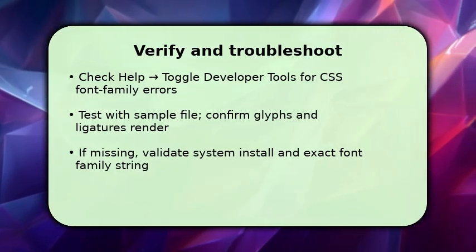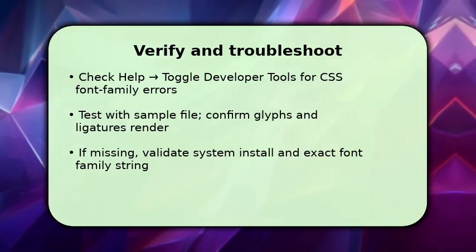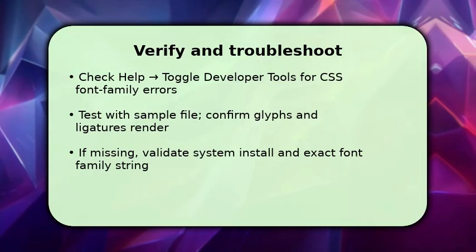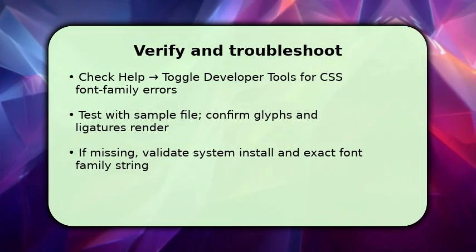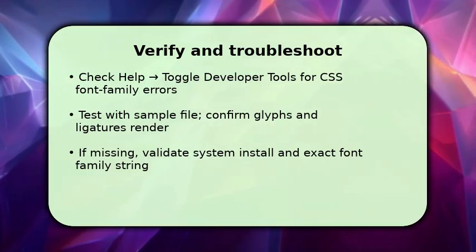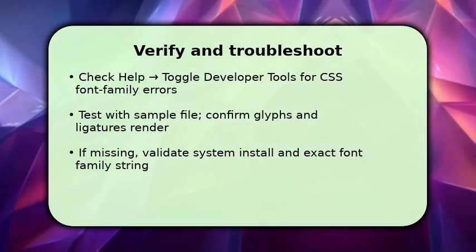Open a sample code file and inspect characters, spacing, and ligatures. If something looks off, use Help > Toggle Developer Tools to check for CSS errors or missing font family entries. Make sure the installed font name exactly matches the string in Settings JSON, and that you restarted VS Code after